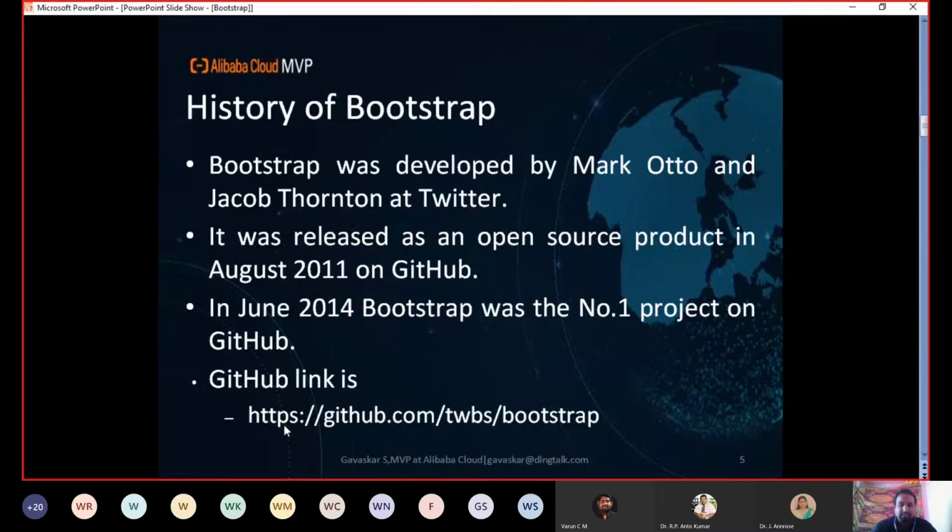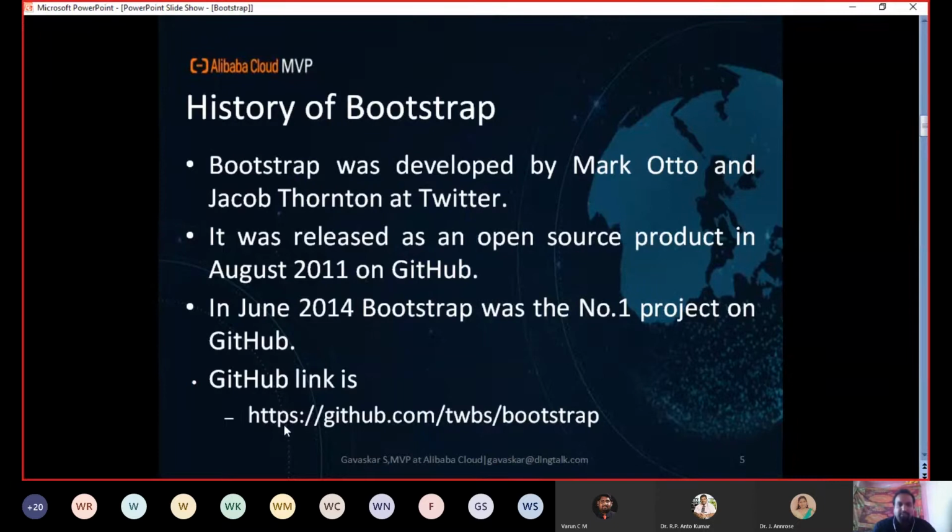It was released as an open source project in August 2009 on GitHub, and in June 2014 it was the number one project on GitHub. Most people are using Bootstrap nowadays, and you can download it from GitHub: http://github.com/twbs/bootstrap.